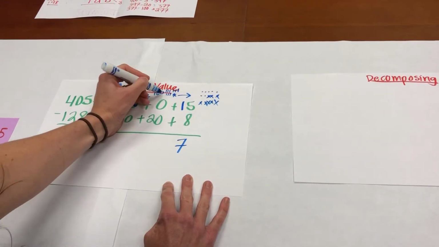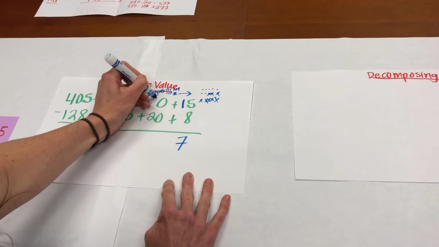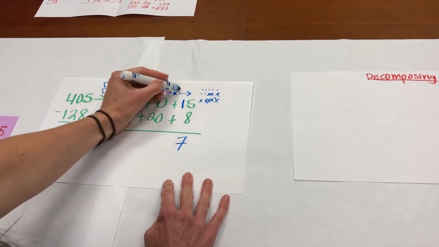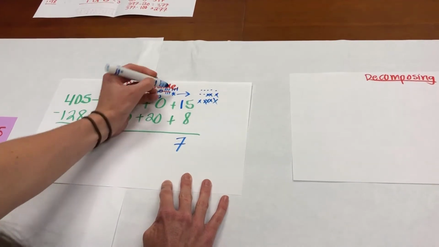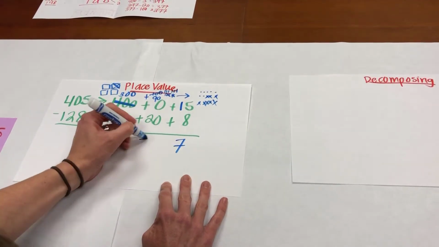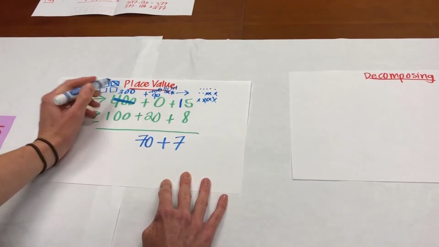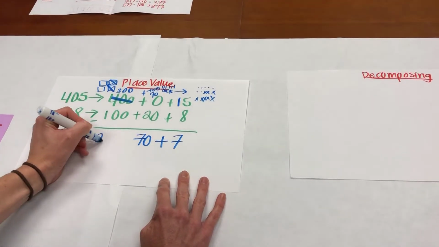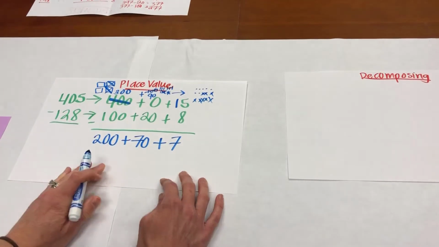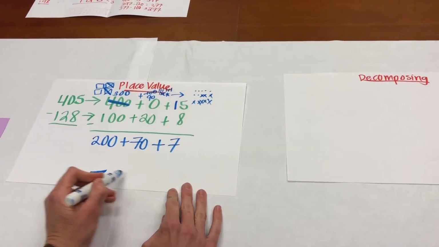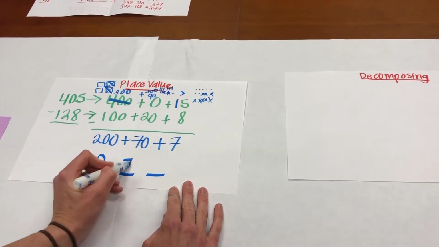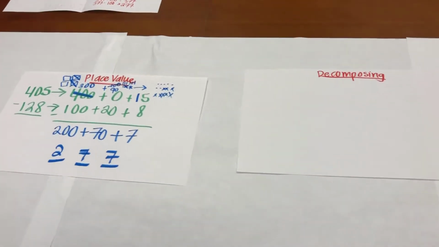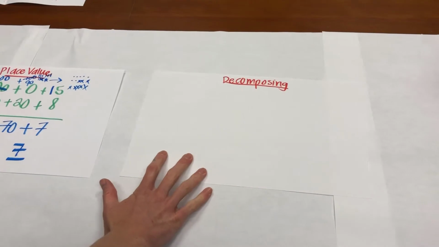I no longer have 10 tens. I don't have 10 tens left. I have 9 tens, which is worth 90. But I can now take away 2 tens, which leaves me with 70. And I have 3 hundreds, and I can take away my final 100, which leaves me with 200. So I now have 277. The final strategy we're going to look at is a little bit more advanced with the decomposing, but some